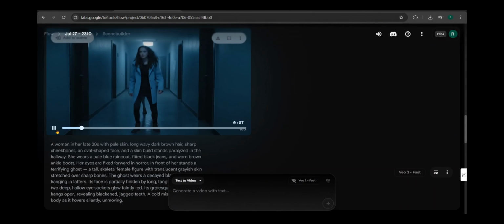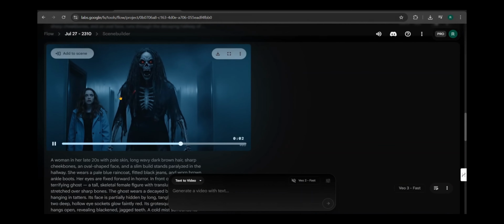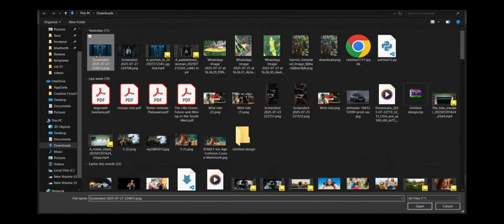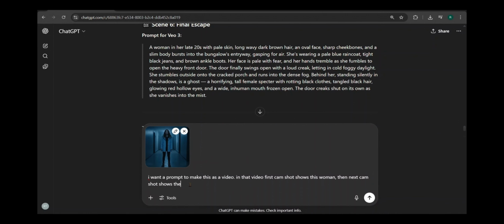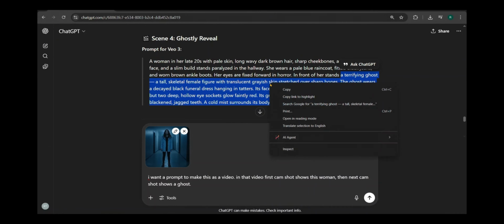Now it's time to change how the ghost appears in the fourth scene. I went back to ChatGPT and gave it the fourth scene first frame as an image reference. I described the scene briefly. The woman stands just like in the image I provided. The first camera shot shows only the woman, and the second shot shows only the ghost. I also copied the ghost's attributes from the original fourth scene prompt and pasted them here to keep the details